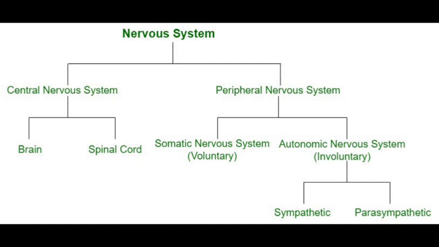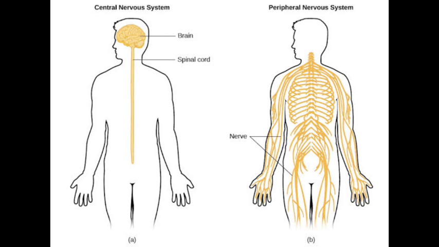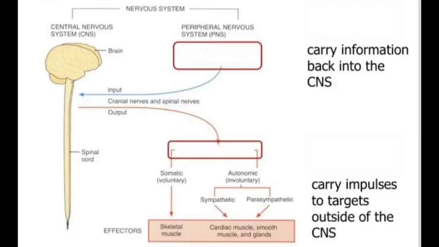The nervous system is divided into two divisions, that is the central nervous system and the peripheral nervous system. The central nervous system is composed of the brain and the spinal cord, while the peripheral nervous system includes neurons located outside the brain and spinal cord. The peripheral nervous system is subdivided into the efferent division and the afferent division. In the efferent division, the neurons carry signals away from the brain and spinal cord to the peripheral tissues, while in the afferent division, the neurons bring information from the periphery to the CNS.